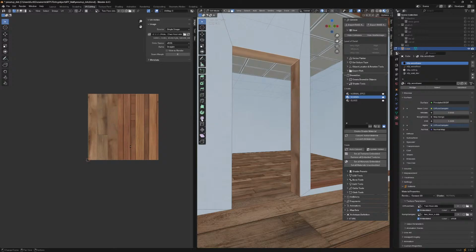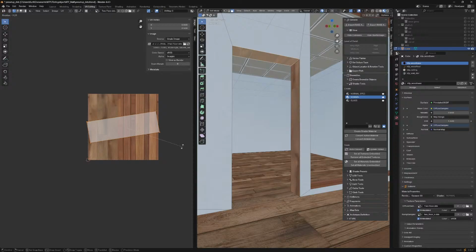This is a door frame, which is the reason I'm unwrapping it. I'm going to give all the door frames a wood effect, because I just think